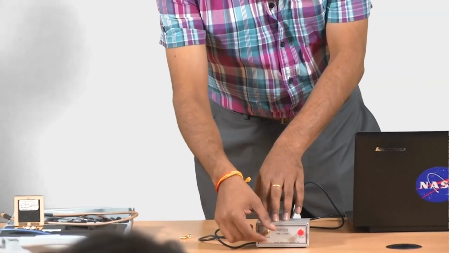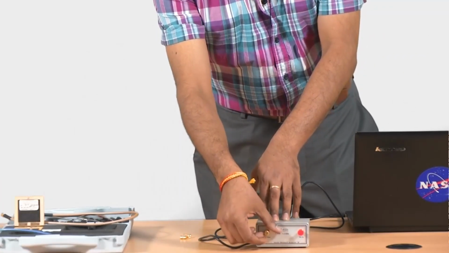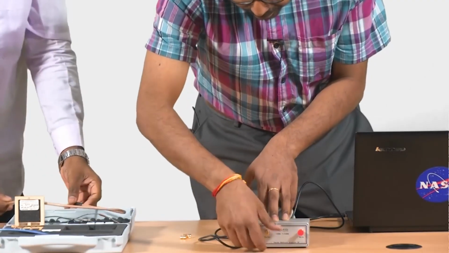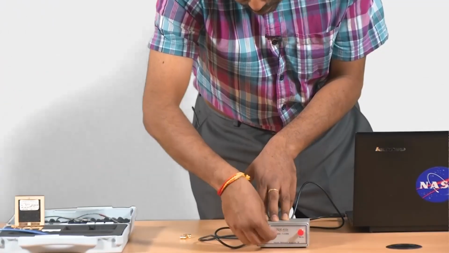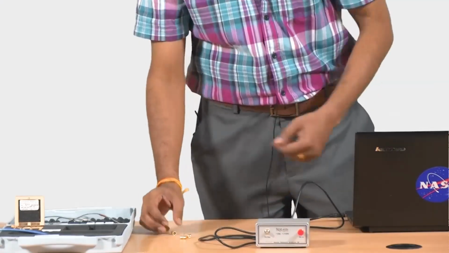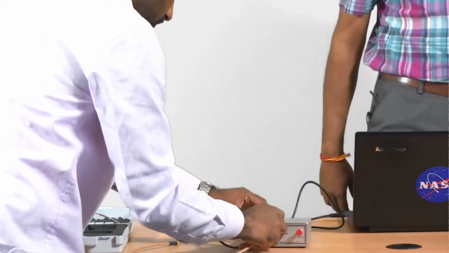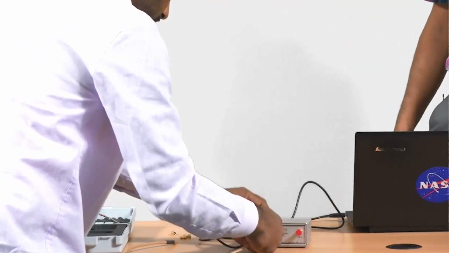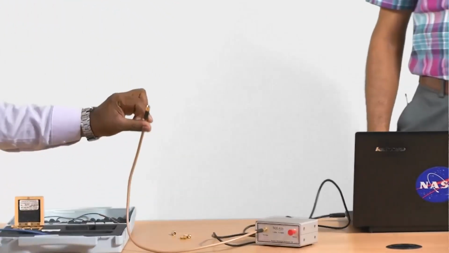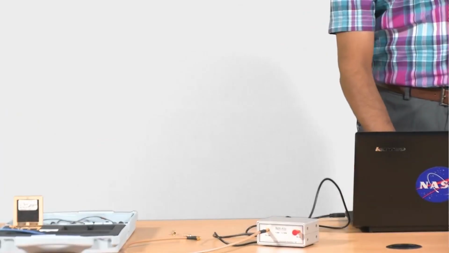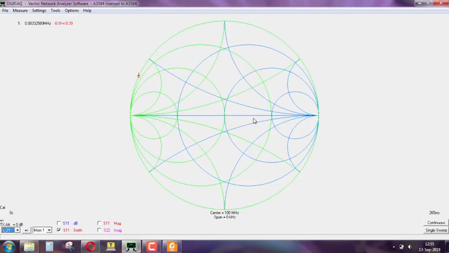Since we are now seeing about the loads, we can always connect a transmission line. Okay. So we will connect a SMA cable with an SMA connector. I don't remember what cable this is. Okay. So it's open circuit, all right, but you notice that the mark is not exactly over here,